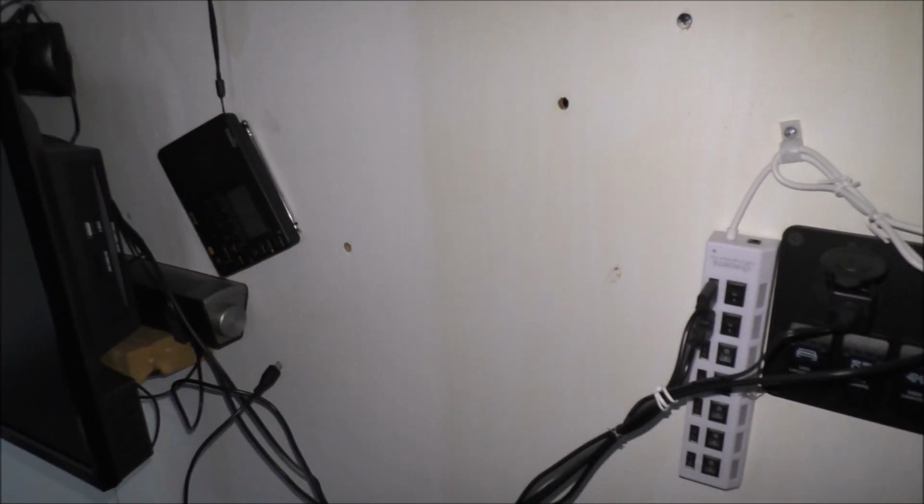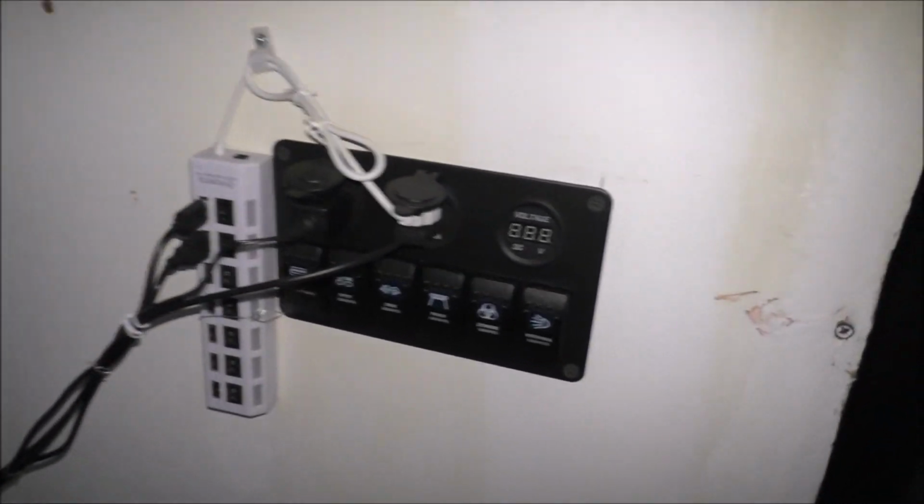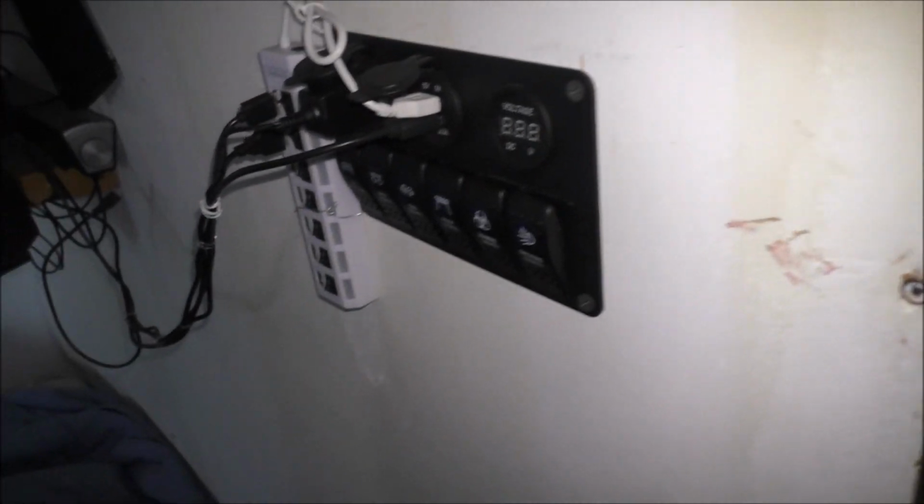So 3 amps is kind of one of these things. It may be too close if I have everything on, so I can always jump up to a 4 or 5. So yeah, that'll be a little tricky. We'll see. Now the only issue with that is,